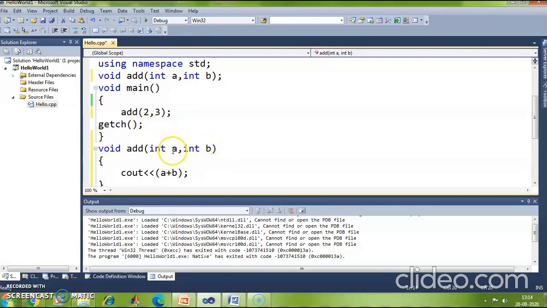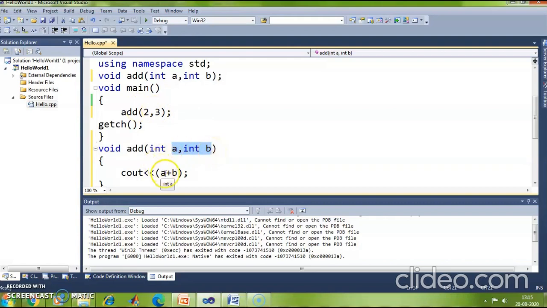So a value is 2, b value is 3. These, 2 and 3, are my actual parameters which I am actually passing. a and b are my local parameters or formal parameters. 2 and 3 are actual parameters, a and b are my formal parameters.